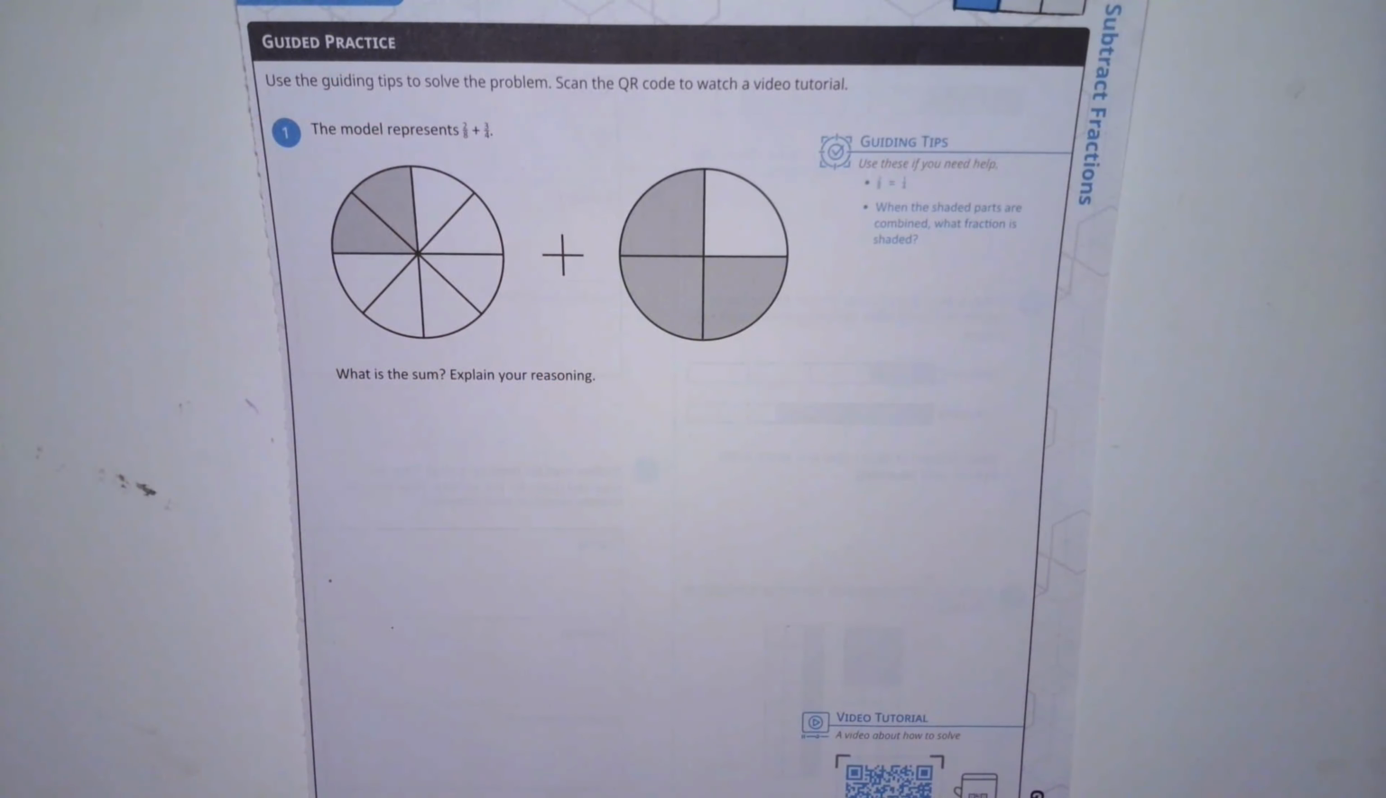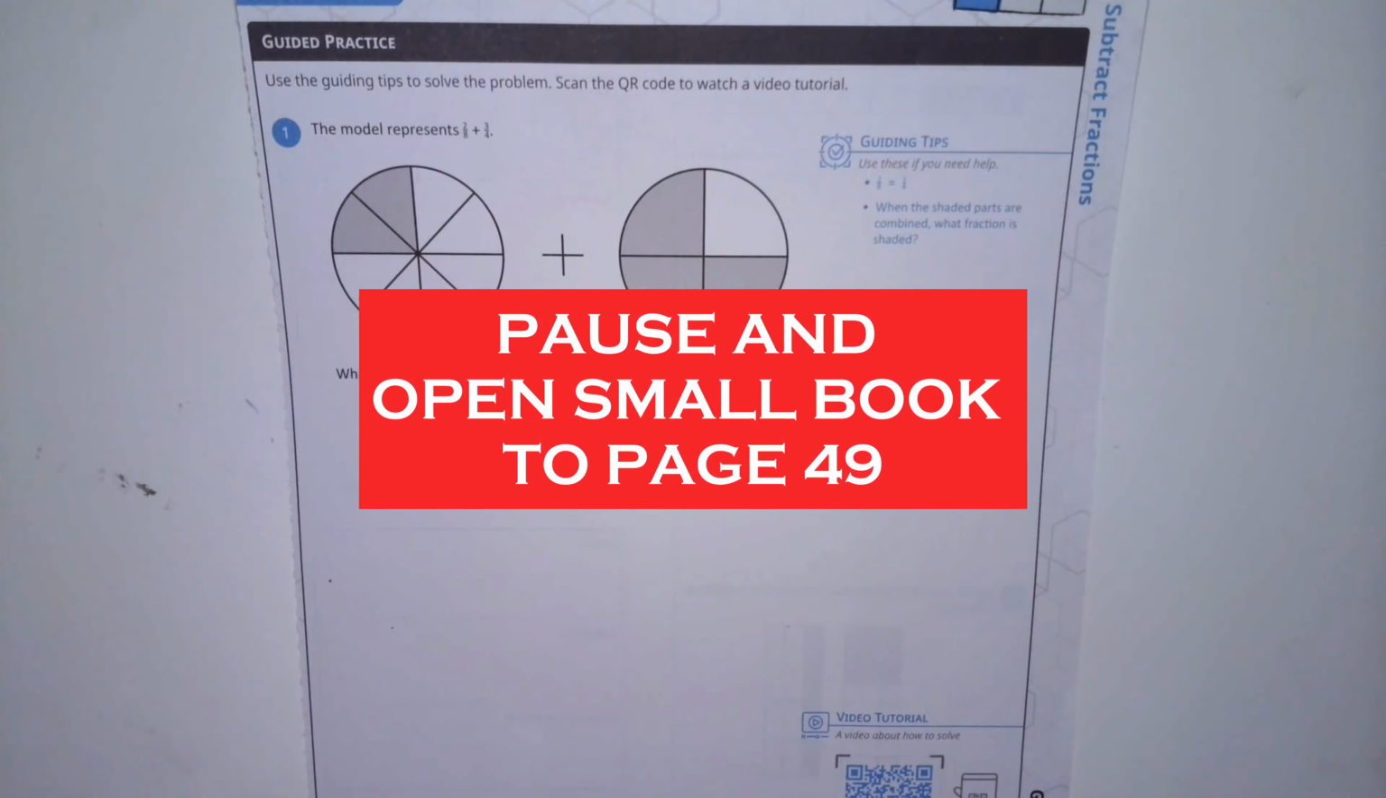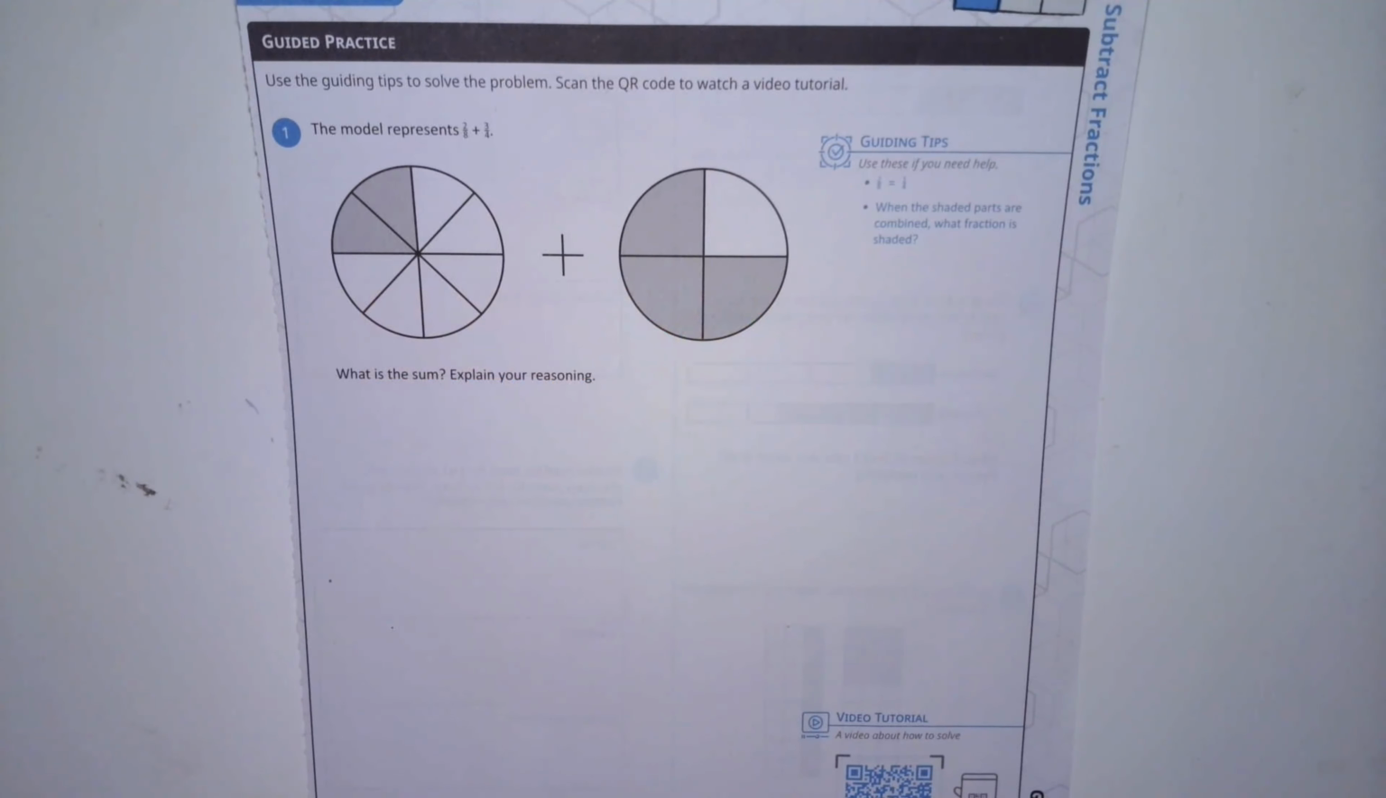Turn in your small book to page 49. Go ahead and pause the video until you get to page 49. All right, on page 49, number 1